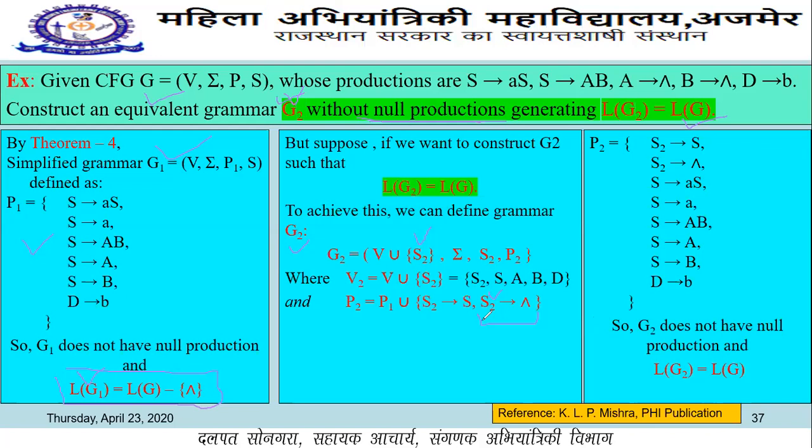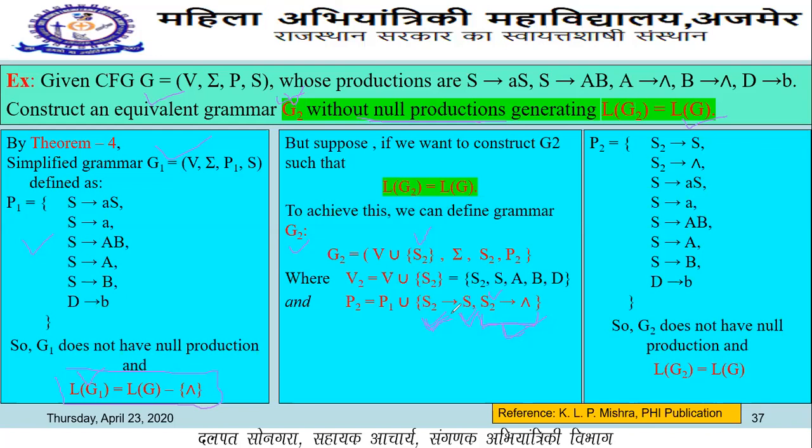Therefore we include this, and the previous starting symbol is derived by this new variable. So by this we change the anchor point. Here we declare this new starting variable that actually derives this S, and this S2 derives null also. This is clear because we already discussed it. S2 tends to S means that by this new variable S2 we are able to derive the previous grammar, which is the grammar that is derived in G1.